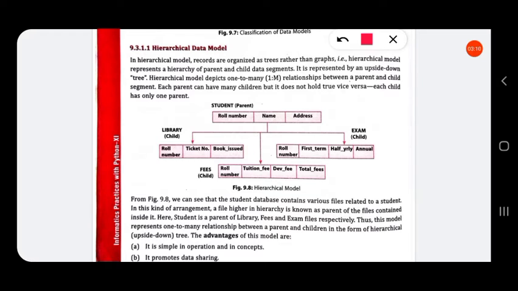From the figure we can say that the student database contains various files related to a student. In this kind of arrangement, a file higher in the hierarchy is known as the parent of the files.